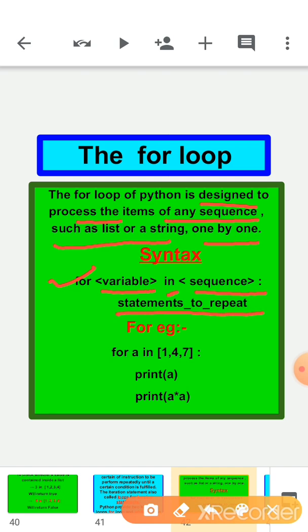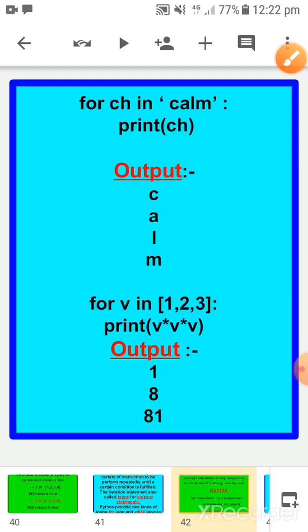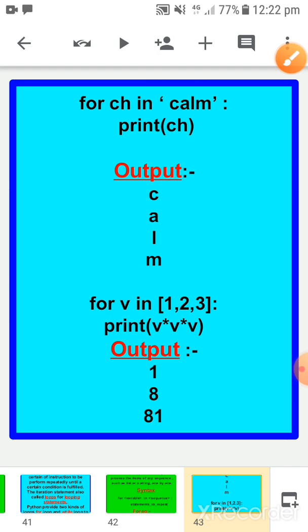For example, for a in [1, 4, 7], suppose a value is 4, so 4 is present in this particular list, so print a. Okay, print a, it means print 4. This type of program comes in the category of for loop.